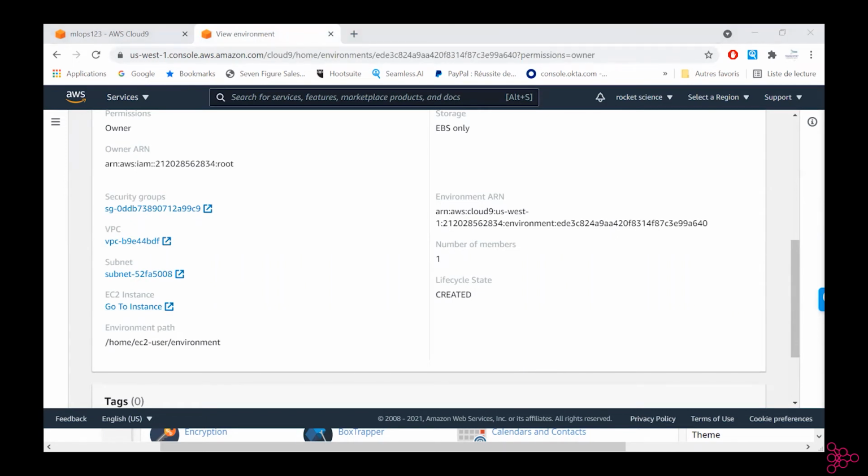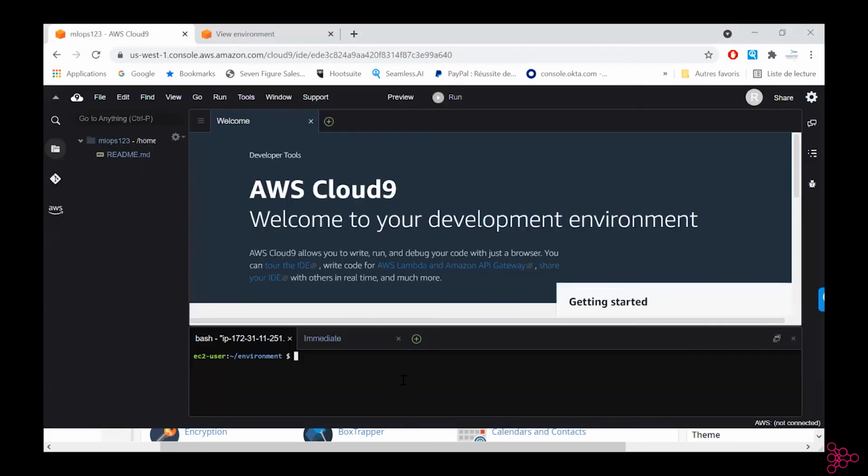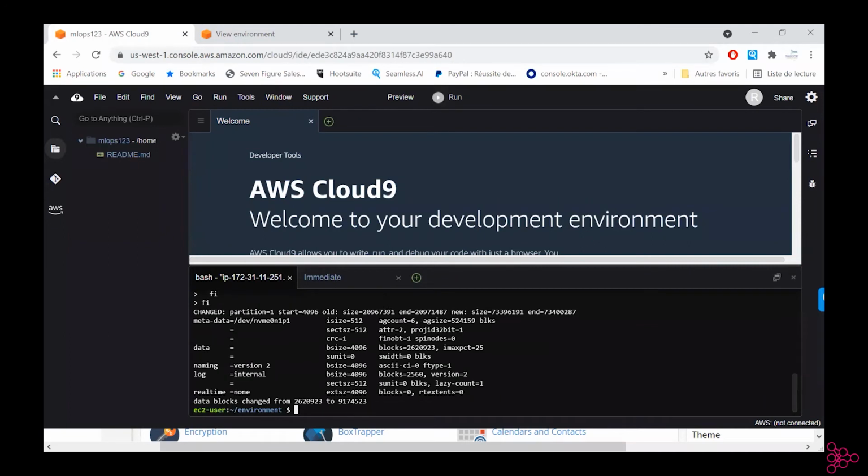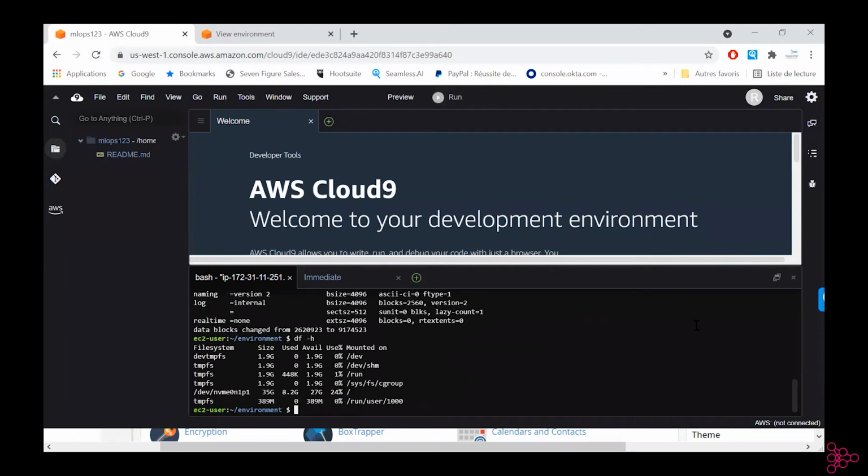Now we'll enter the code in section 6, which will allow our storage to be available. Now let's look at it. Pretty good. We have the additional storage that is available here, 27 GB available. That should be good enough for our workshop.